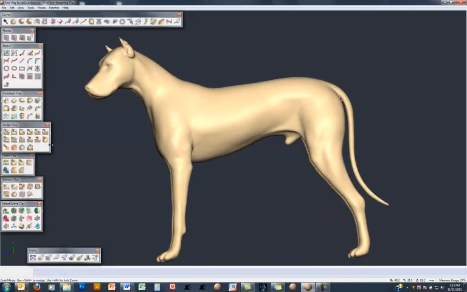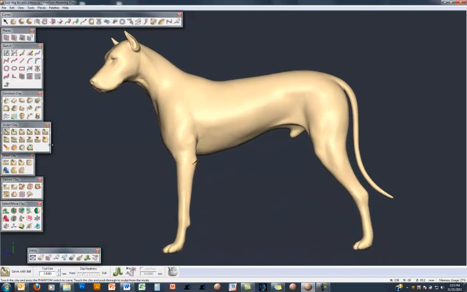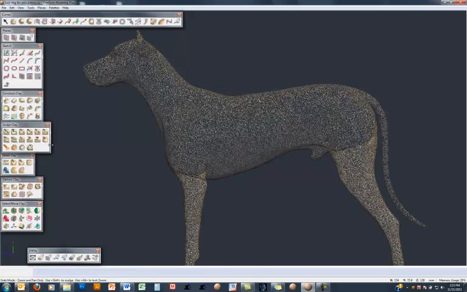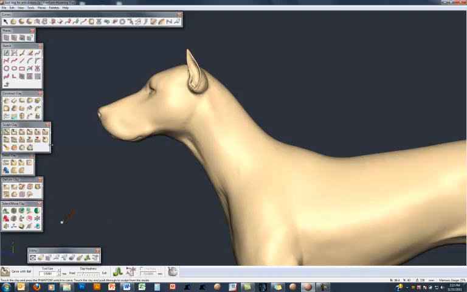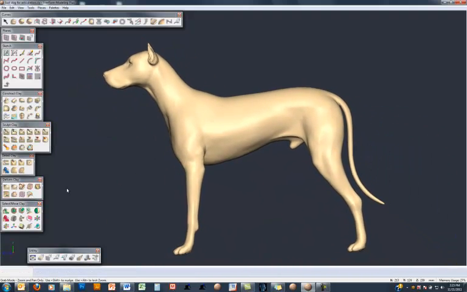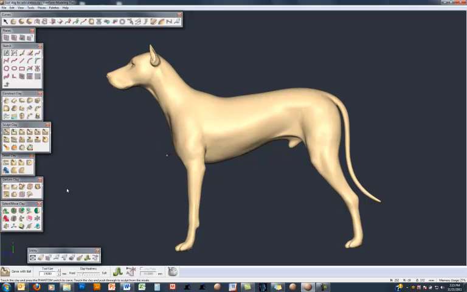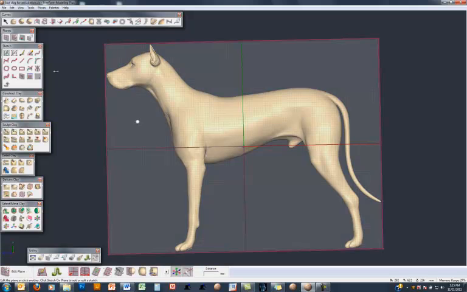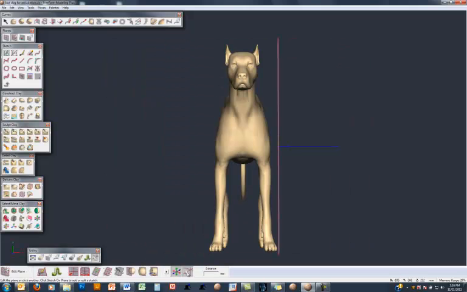So let's undo that and then we can come back and start to look at some of the options in detail. The first option I want to take a look at is ways in which we control the placement of that widget. So if I make myself a plane and put that plane in the middle of the model,